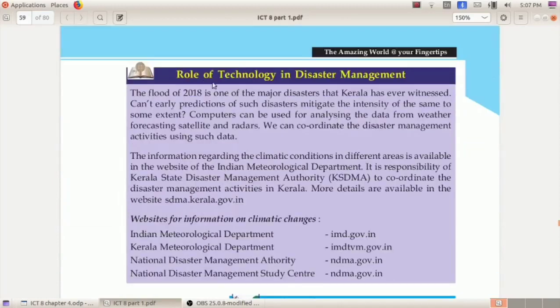Then, what is the role of technology in disaster management? The flood of 2018 was one of the major disasters that Kerala has ever witnessed. So, can we predict such disasters before it happens? Yes, computers can be used for